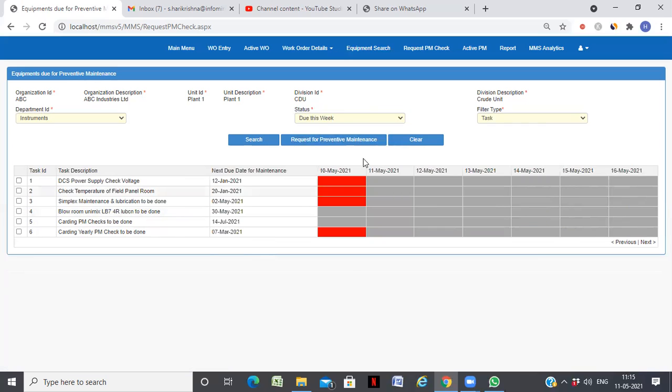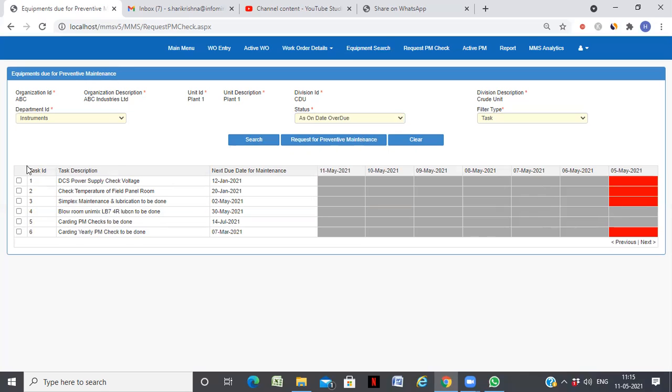There's nothing due this week, but except these 4 items are overdue and as on date overdue. So you can see this is overdue.